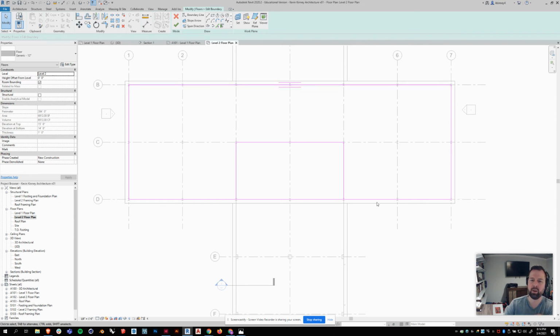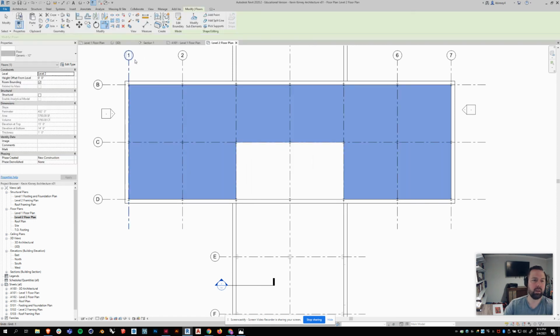Coming around here, there's a split. Do I go this way or this way, right? That's not legal in these. So I need to trim this out. So what I'm going to do is split this line, and then I'm going to go to my trim extend to corner, and I'm going to go boom, boom, boom, boom. Now I have a kind of U-shaped floor plate, which is perfect, exactly what I want. I'll hit my green check,